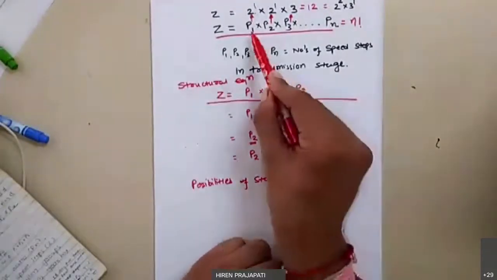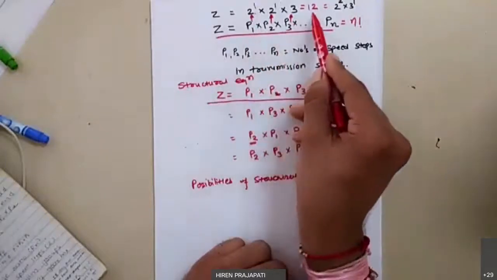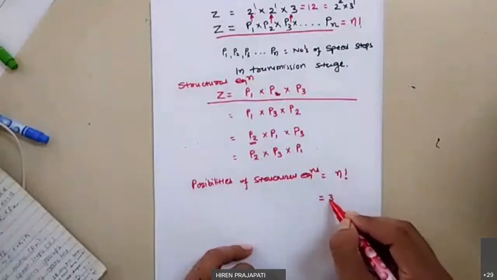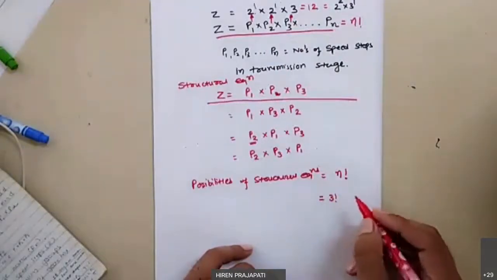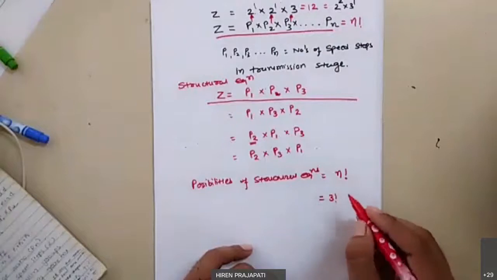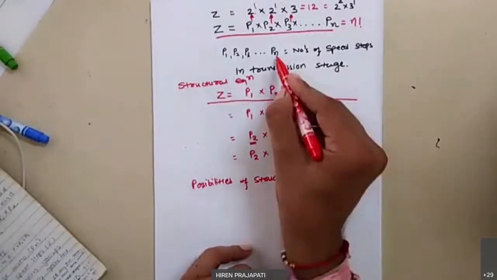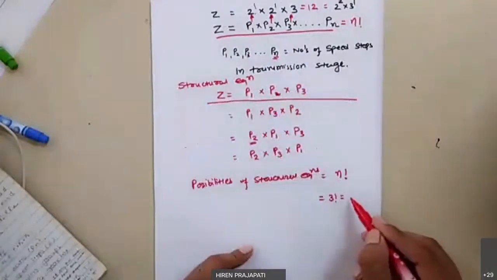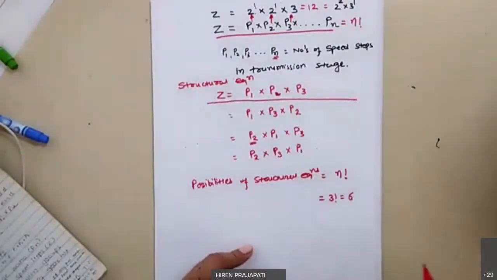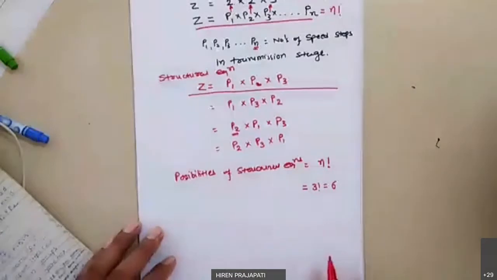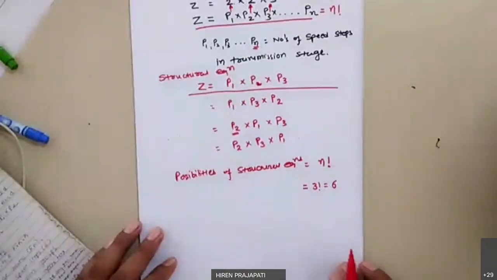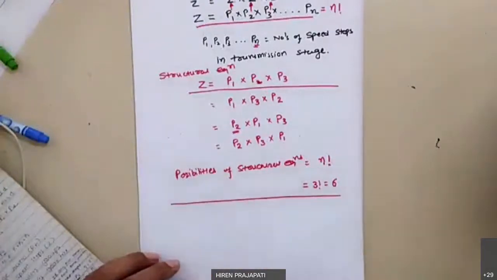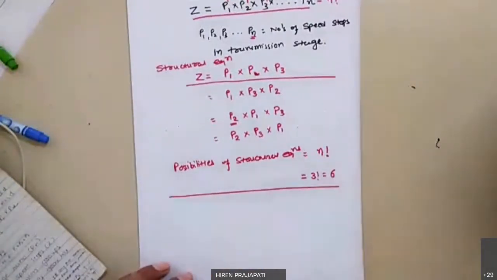So if you look here at P1, P2, P3 for 12 number of speeds, then I can say total 3 factorial, right? Because P1, P2, P3. We are talking about n, the suffix value. So n is 3 here. So total 3 into 2, total 6 possibilities are there, right? Okay. But if you look, 6 possibilities are there.